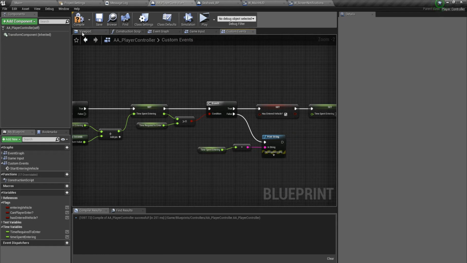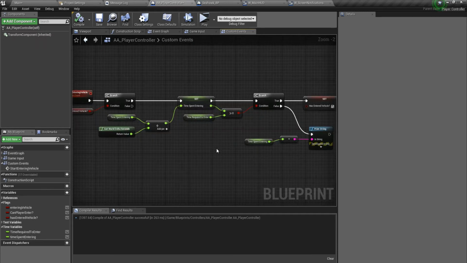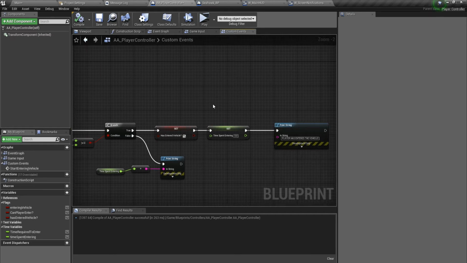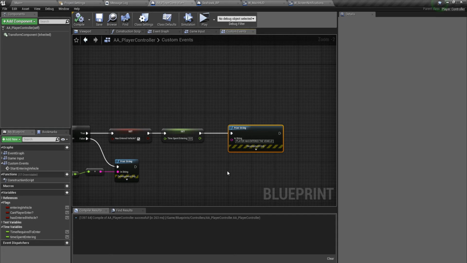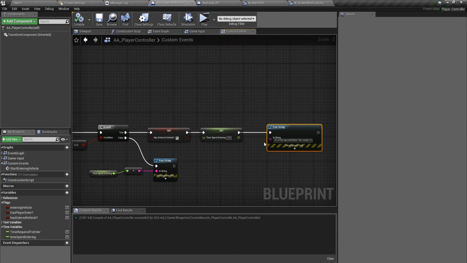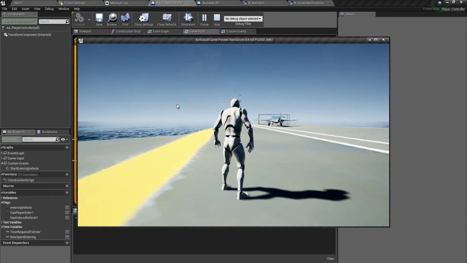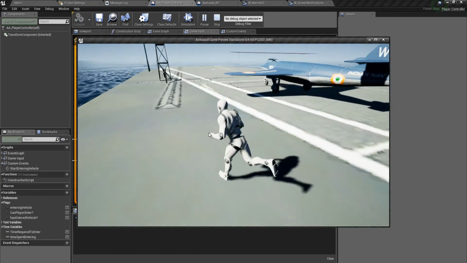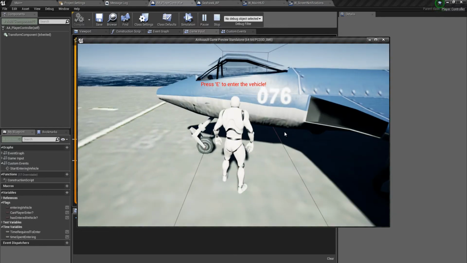There you go. Now in case there's still time for the player to enter, then this is what is going to be printed out. Else we're going to say the player has entered the vehicle, we're going to reset the time spent entering variable, and we'll simply print something on the screen saying that the player has entered the vehicle, right? So when you hit play, if you hit the E key, nothing is going to happen because we're not inside the trigger. And then let's go inside here. It says press E to enter the vehicle. Now if I hit the E key,